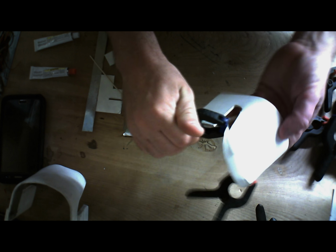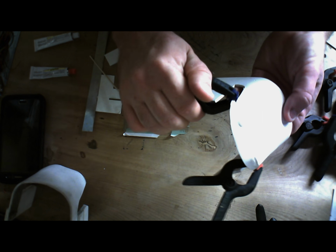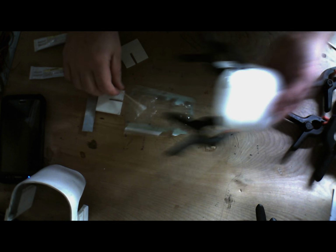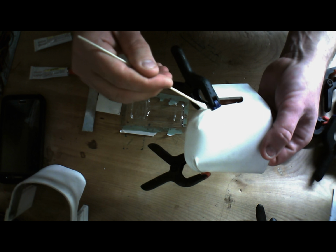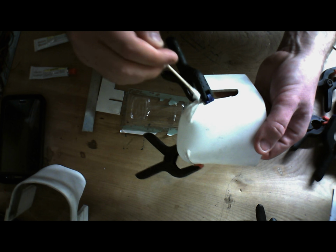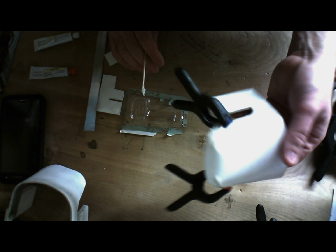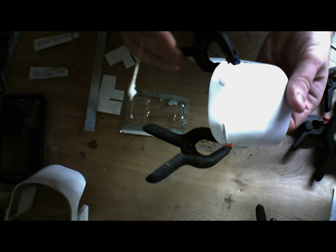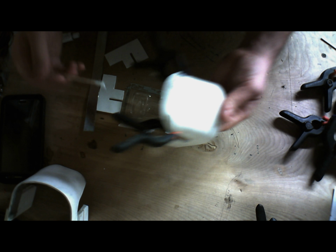So now I'm going to clamp the edge of this, and like I said, make sure it's the edge. What will happen is the clamp will get it in the right place here, and if you have any low spots there, just kind of work it in as best as you can. If you have to go back later and add a little more, you can. It's not a big deal, okay? It's not something that you have to stress. Yeah, this epoxy's already drying, so...